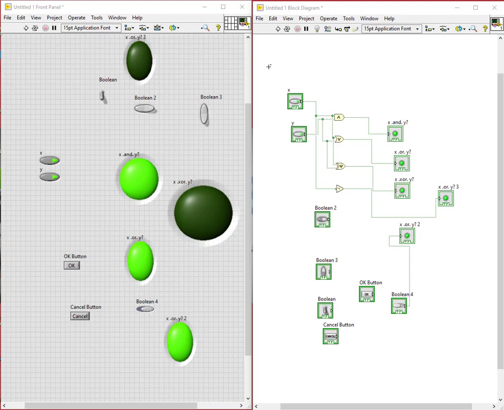In my future videos, I'm gonna explain how while loops and all the loops work in LabVIEW, and I'm gonna explain an interesting project called BCD to 7 segment converter, where when you give binary input, it will be converted to the 7 segment display, that is to decimal display.